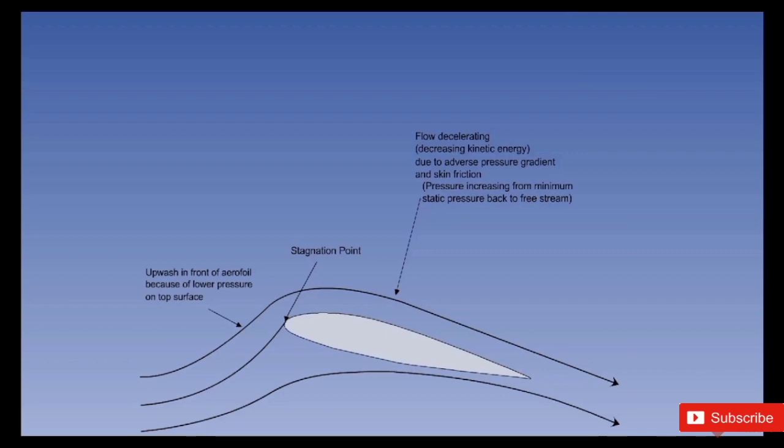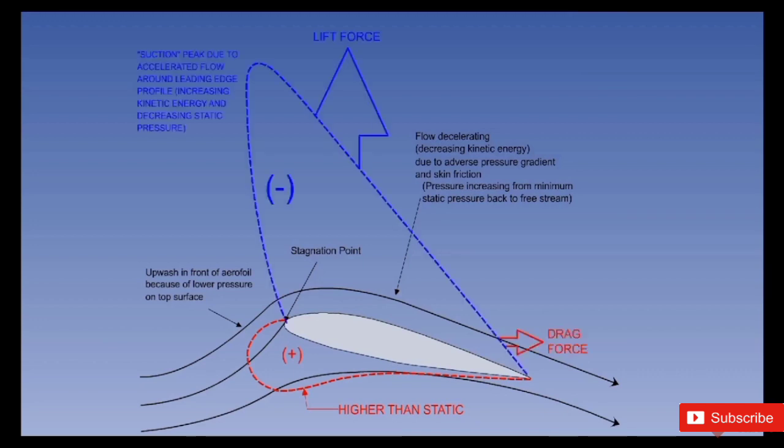The high pressure air below the aerofoil tries to go from high to low pressure, that is, from the trailing edge forward to the lower pressure area on top. The pressure distribution is shown here with the highest pressure concentrated around the stagnation point and lower pressure extending up and forward to the peak above the aerofoil, with a pressure differential creating the lift force indicated, and also shown is the drag force which acts.